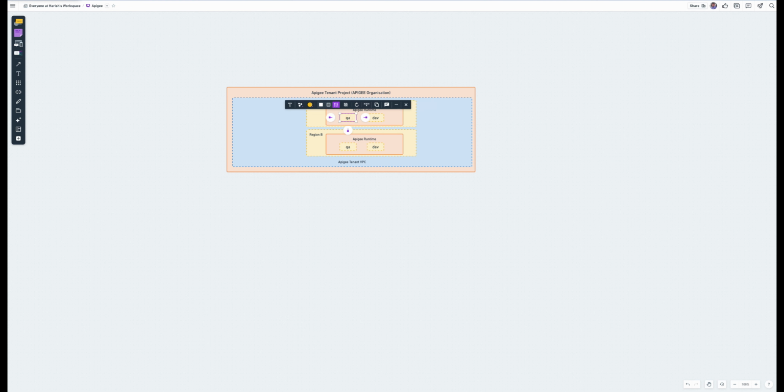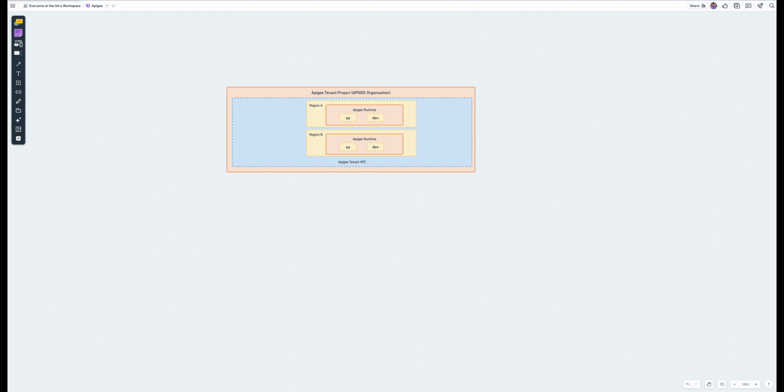For example, you might have QA or dev as an environment where your Apigee proxies are going to get deployed, and then you can also replicate the same thing in different regions so that you have a high availability implementation. So this is our starting point, and we will see how we can extend it